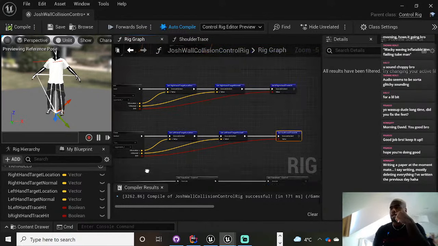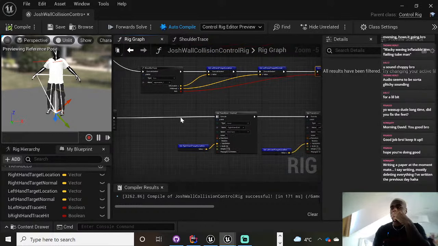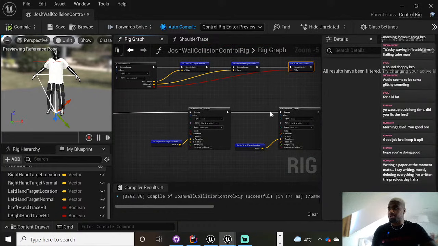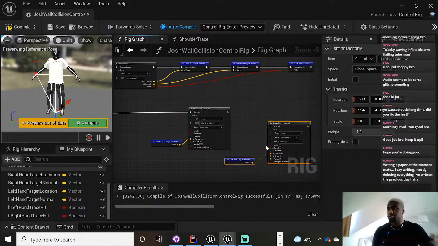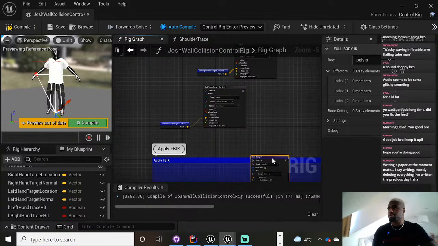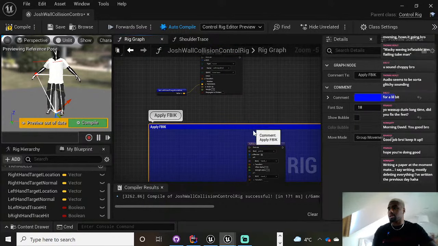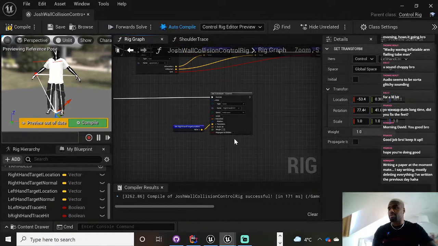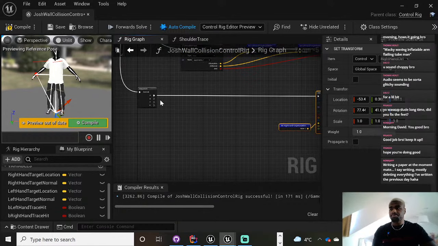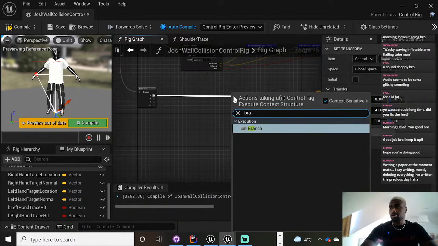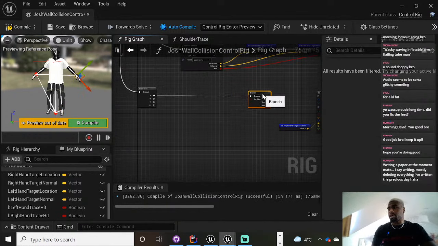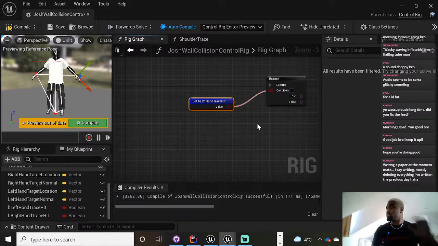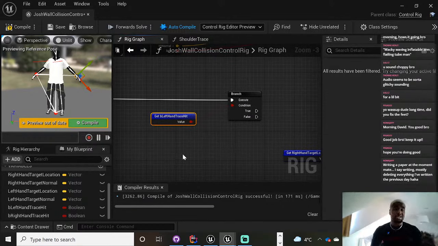So now we need to basically say, okay, what I'm going to do actually, I want to separate these two because I'm probably going to do some rotation stuff at that point as well. So let's bring this down and separate these two. Use the right hand first, and then we'll do a branch. We'll say, okay, if the left hand trace did hit a wall,